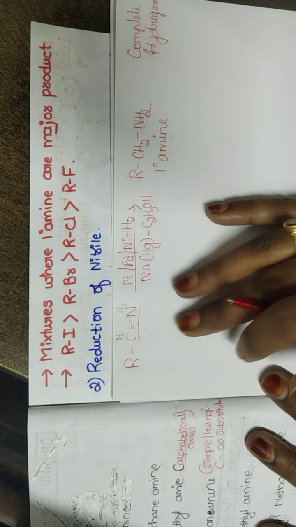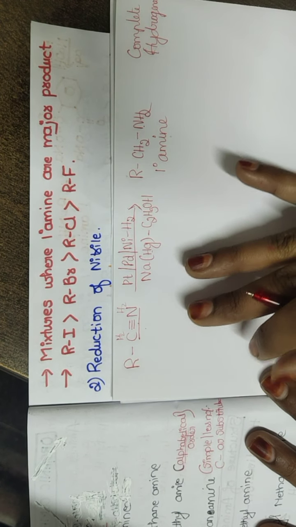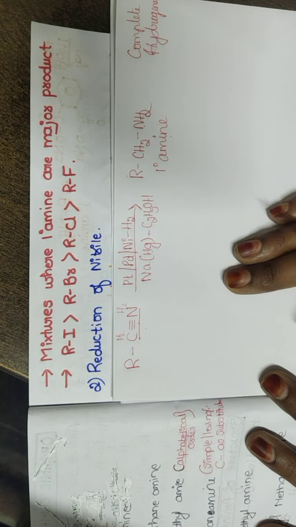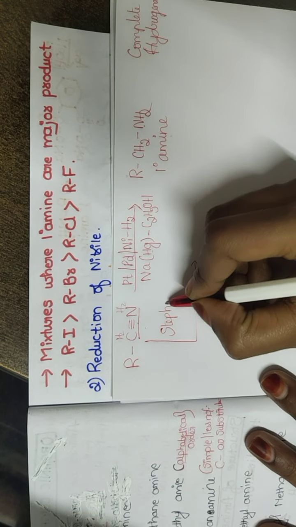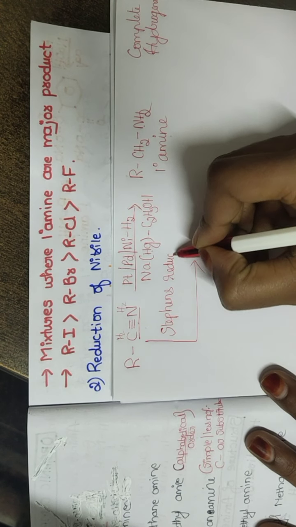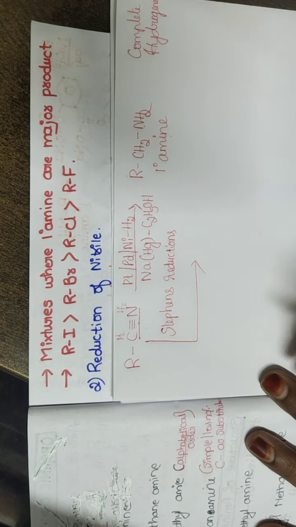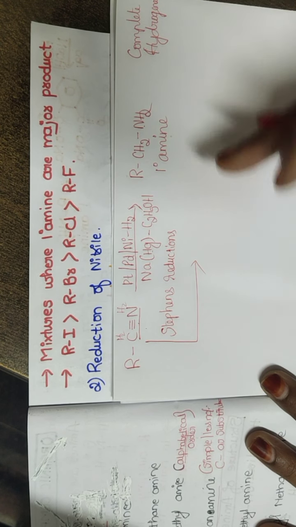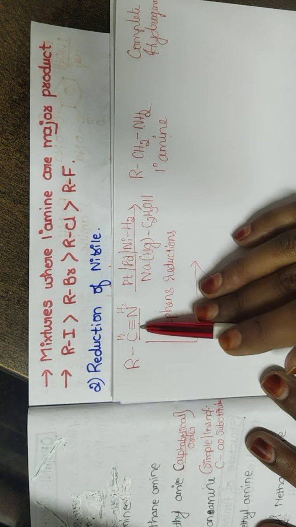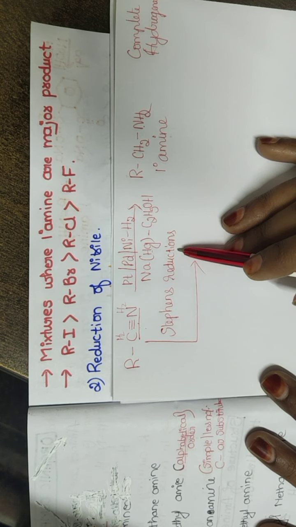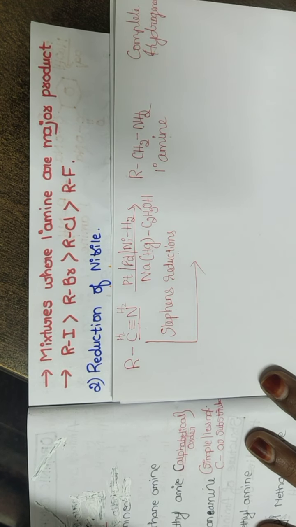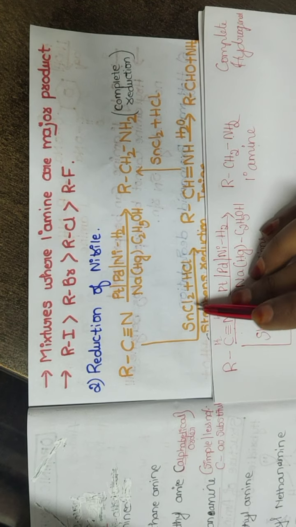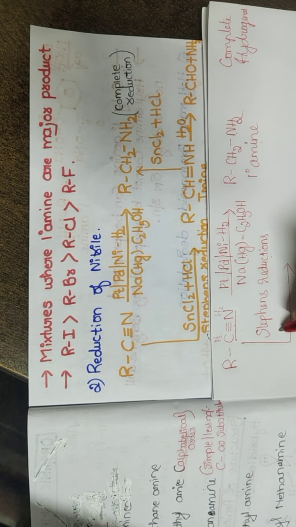You should know another alternate approach also. You should know all the possibilities of how it can be reduced. We have one well-known name reaction called Stephen's reduction. You will be studying this in aldehydes, ketones and carboxylic acids, where to prepare an aldehyde we take a nitrile and do a Stephen's reduction. The Stephen's reagent we use here is nothing but tin chloride in HCl.